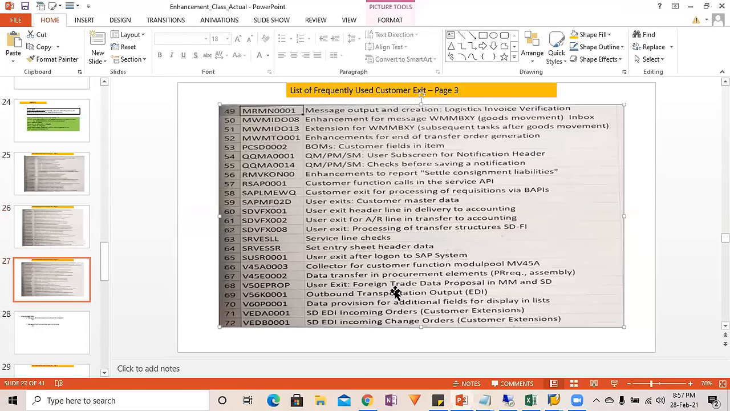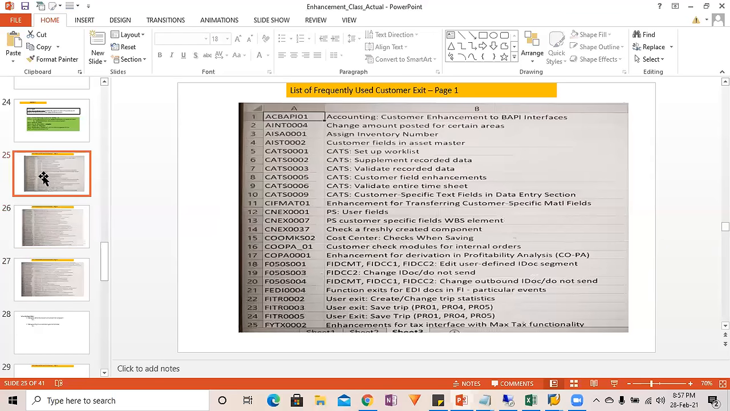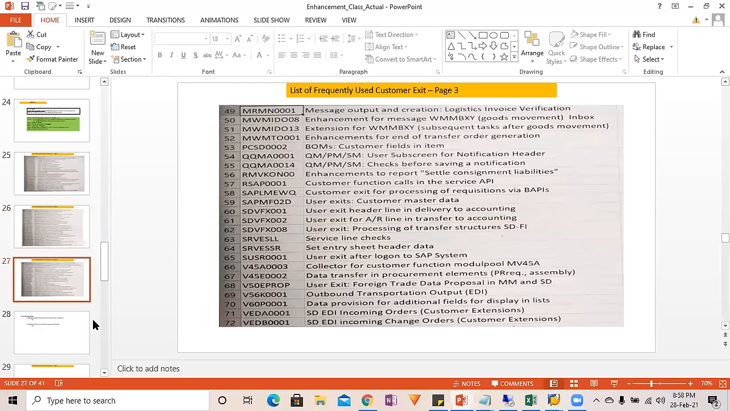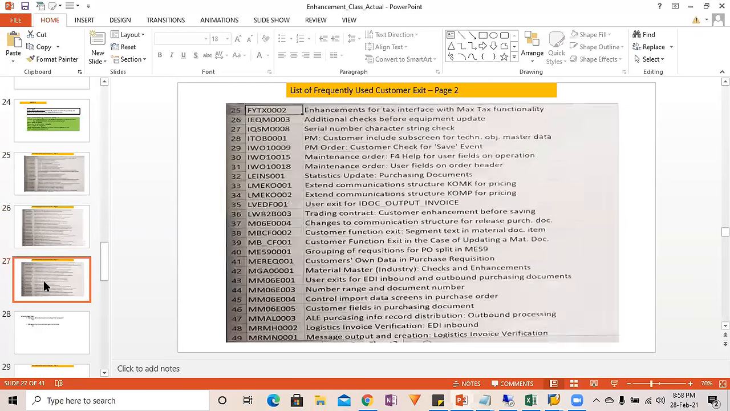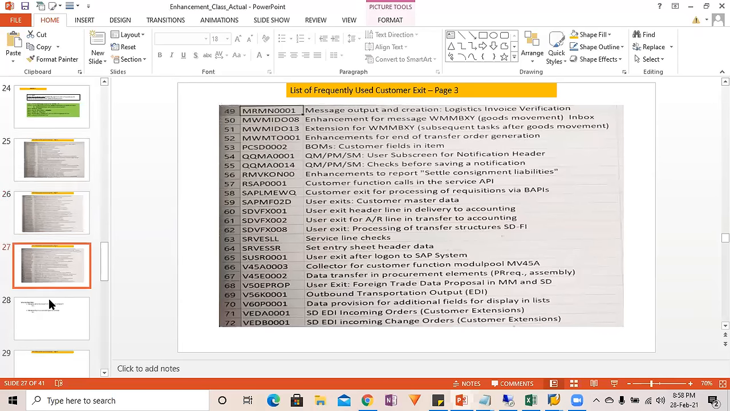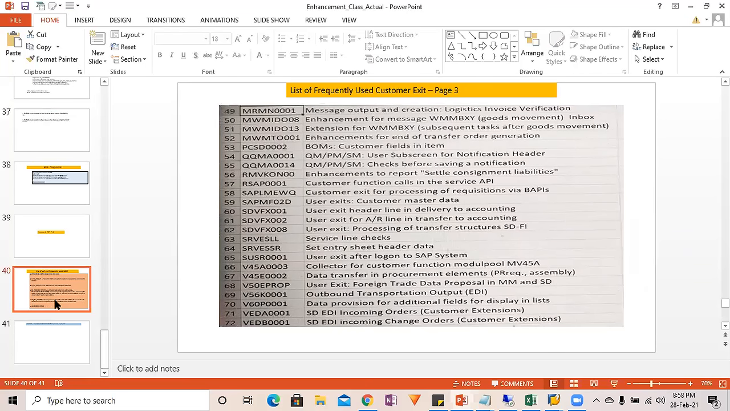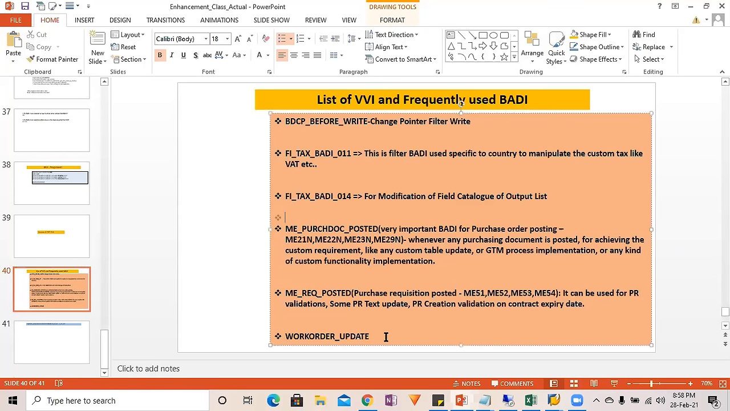So whenever you are having some requirement, first you can go and check the description, and maybe you can explore and check about this customer exit, and most probably you will be able to find it, because these customer exits are going to be used very frequently in multiple requirements. Similarly, for the BAdI also, I have prepared a list of BAdIs over here, which are very frequently used and